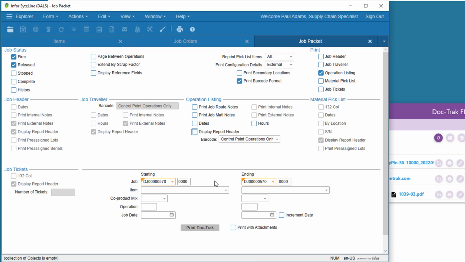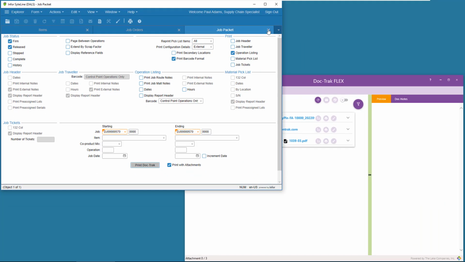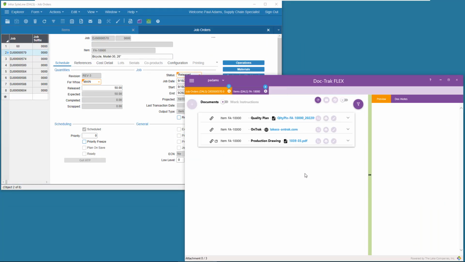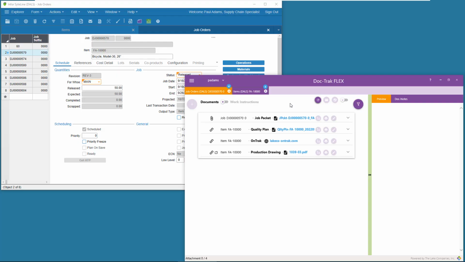Check Print with Attachments and select the Print DocTrack button. Now, I'll go back to DocTrack Flex and refresh it a few times. And here's our brand new job packet.